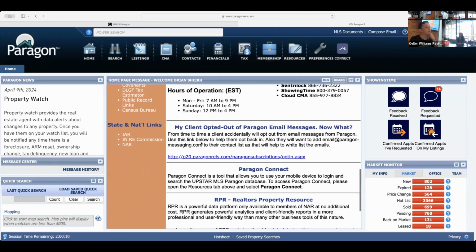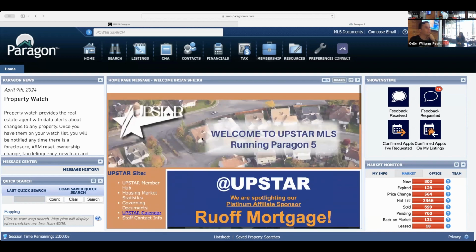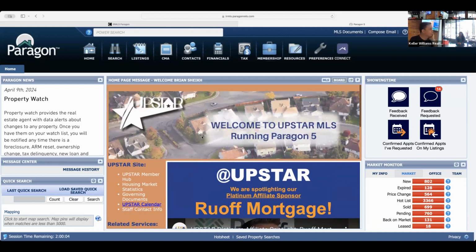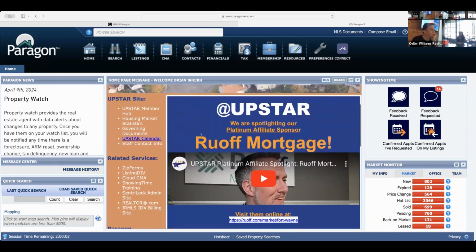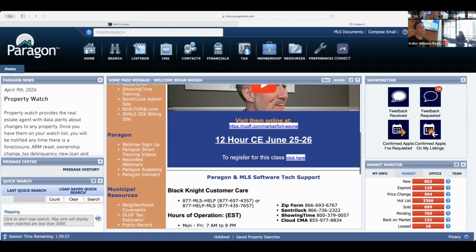A little bit further down, they took it off. Oh, they took it off. So part of, are you going to be joining Upstart, do you think, or different? Okay. So part of that is they used to have a big box right here. I don't know why they took it away, but